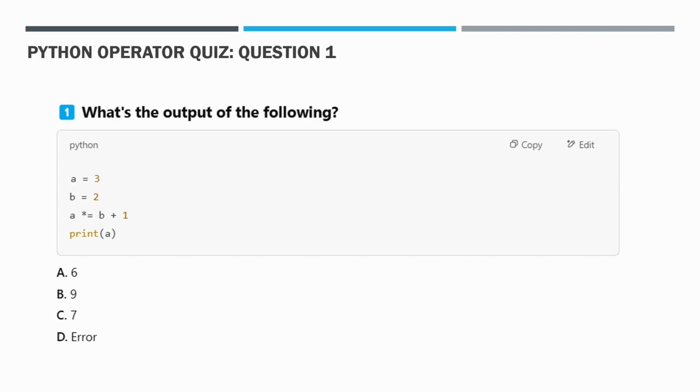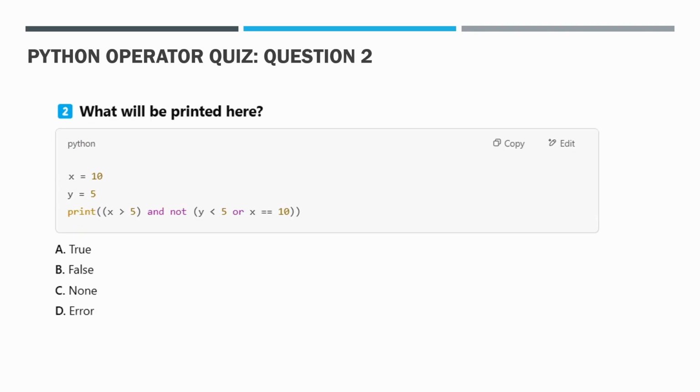A equal to 3, B equal to 2, A star equal to B plus 1, and then you have to print the value of A. So provide the answer in the comment section. Will it be 6, 9, 7, or error? The next question is,